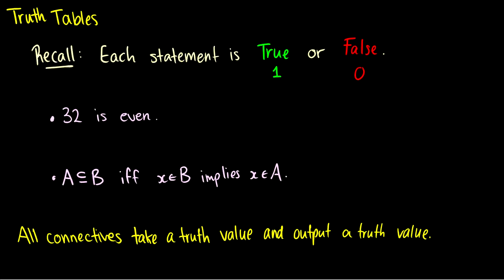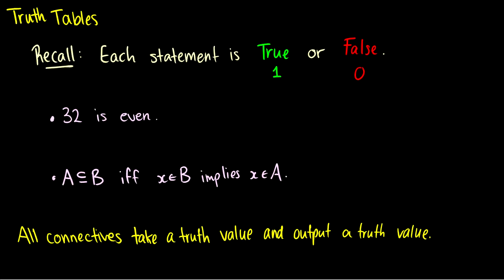In this video, we're going to discuss truth tables. Now, what are truth tables? Well, truth tables will tell us all possible outcomes of statements and connectives. So, for instance, let's recall that each statement is either true or false, and true is a 1, false is